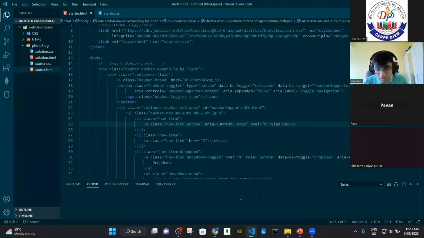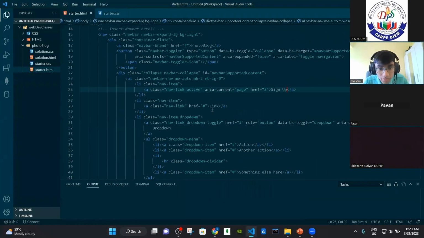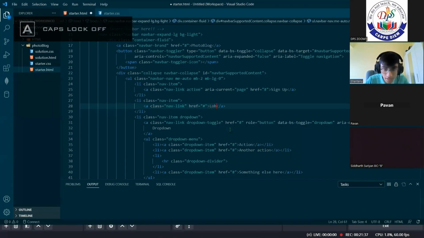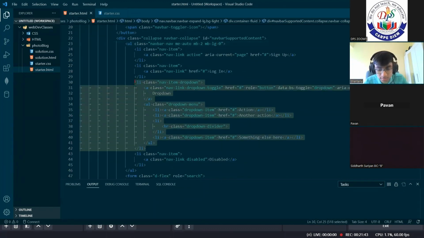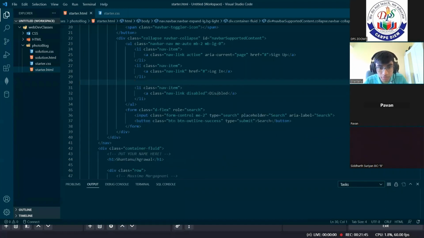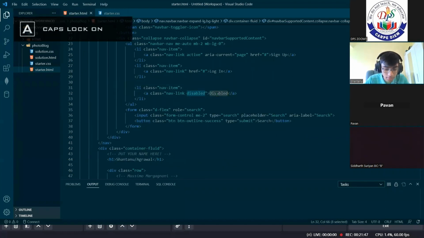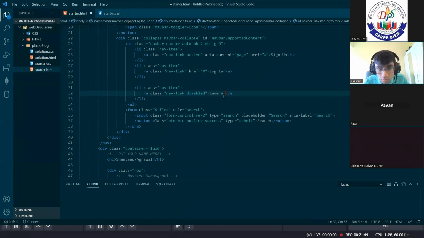Let's go back to our VS Code. And for the next one, it says link. Instead of that, I'll say log in. And then there's a drop down here. You can see I didn't use it, so I'm just going to delete the entire thing. And then over here, the disabled one, I'm going to say leave a review. So now if we reload,